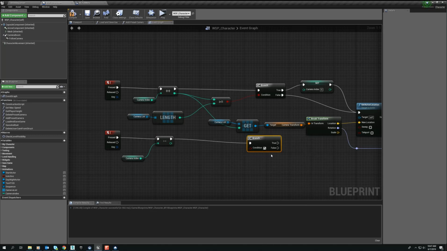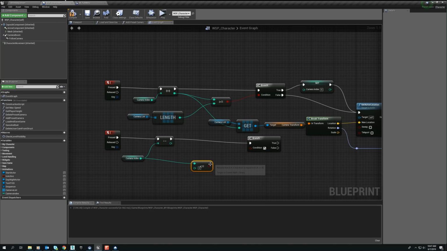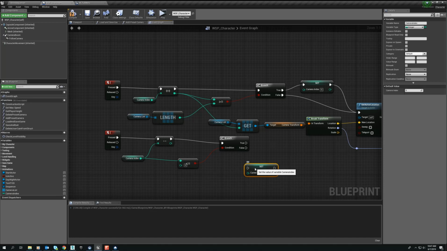Basically we want to know if the current index is less than 0. If it's less than 0, we're going to reset our camera index